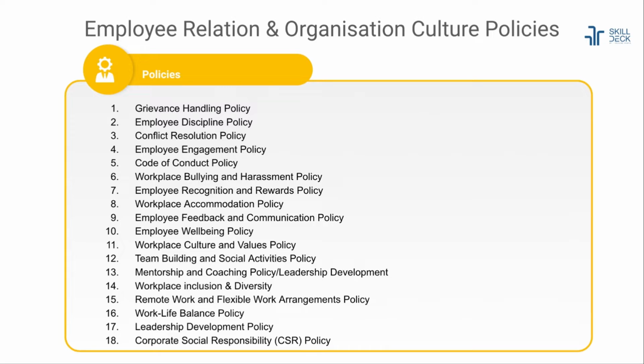So, under employee relation and organization culture, we have the grievance handling policy, the employee discipline policy, which we have already learned is related to our Industrial Dispute Act. Conflict resolution, employee engagement policy, code of conduct, workplace bullying and harassment policy, employee recognition and reward policy, workplace accommodation policy, employee feedback and communication, employee well-being, workplace culture and values, team building and social activity policy, workplace inclusion, diversity, mentorship and coaching policy, remote work and flexible work arrangement policy, work life balance policy, leadership development policy, and